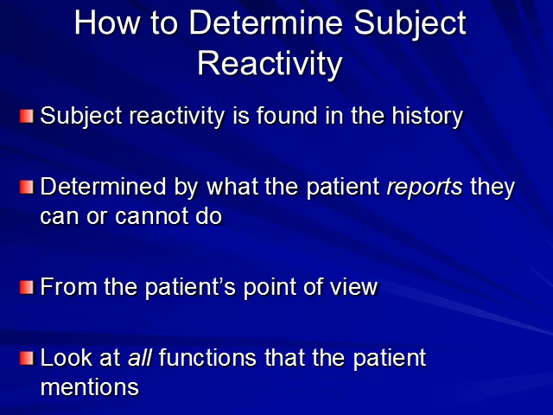Let's move on. How do you determine subject reactivity? Subject reactivity is really found in the history, primarily the history. And it's from what the patient reports they can or cannot do. Now, we may incorporate some functional scales in this course as we go. We may use that as well to put more of an objective number on their subject reactivity. But for right now, we're going to leave it at this point in the term. So what the patient says they can or cannot do, and you want to look at all the functions of